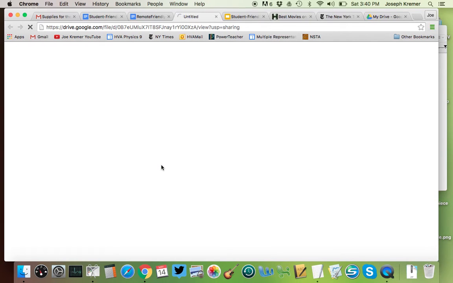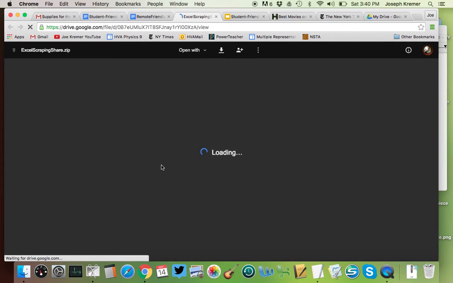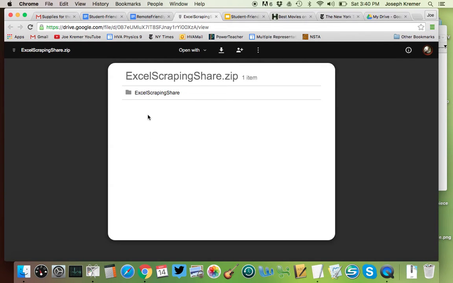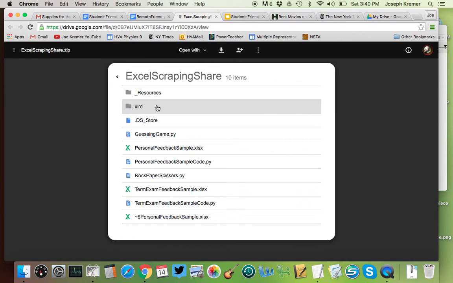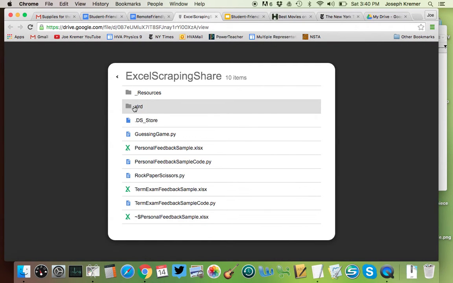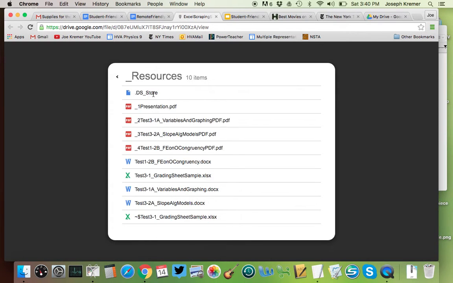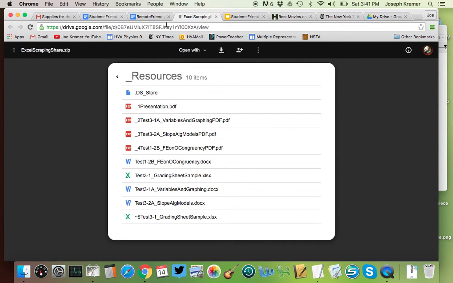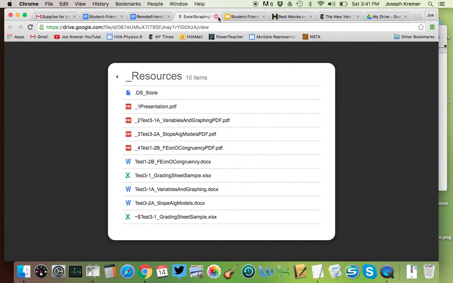This zip file contains a few different things, including some Python-specific materials. This XLRD directory contains instructions that Python needs to interpret Excel spreadsheets. There are some example Python scripts in here. There are some example spreadsheets. And there are even some examples of assessments that I've used in my class. So this is, for example, a force diagram assessment. It's not opening right now, but you should download this zip file